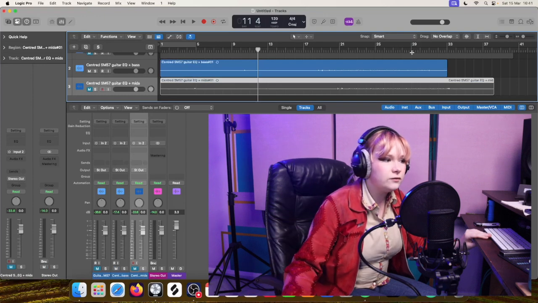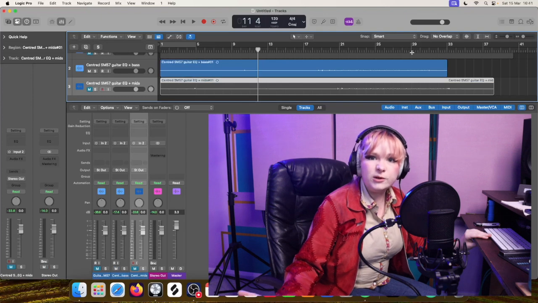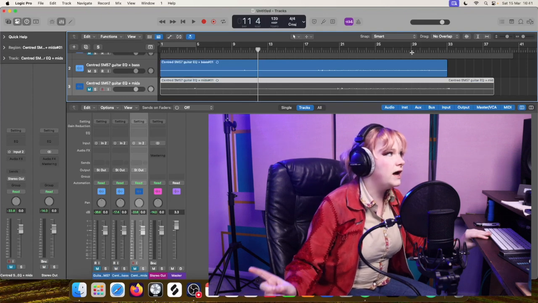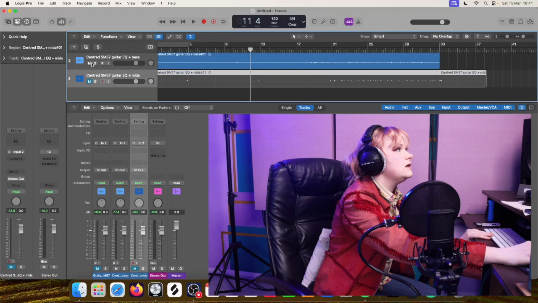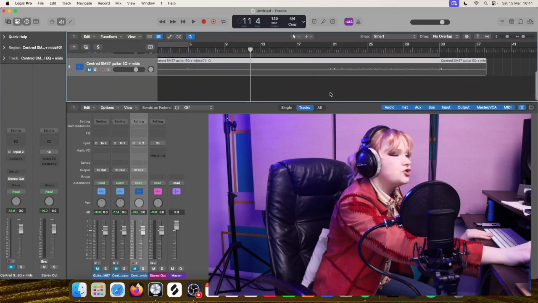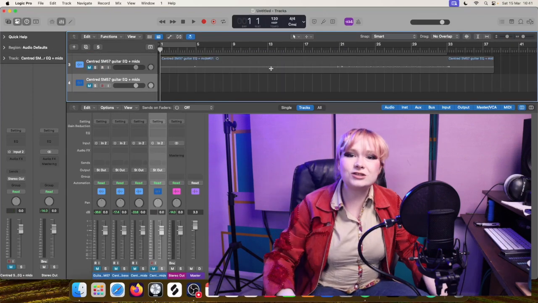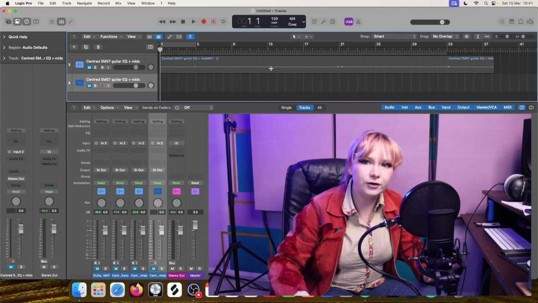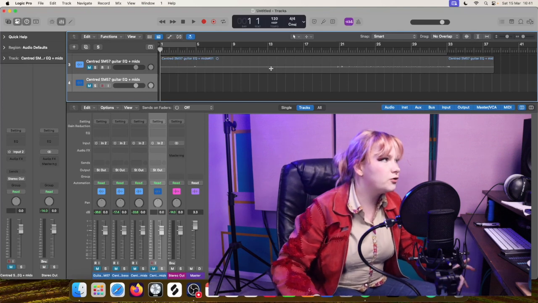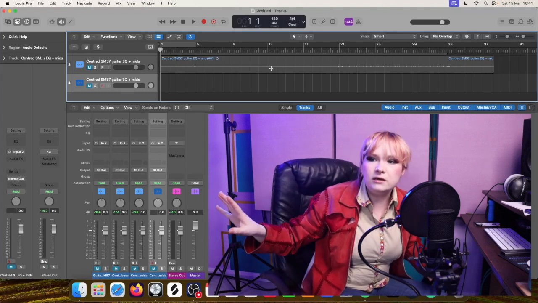So let's first of all try bringing the treble down on that acoustic guitar amp's EQ settings and see how we like that. And then we're going to try some moving around the mic and see what it sounds like in different places. Should I play the guitar? No, I'm just literally going to turn it down just a little bit. I'm not going to go crazy. I'm just going to turn it down and then we'll record it and see,